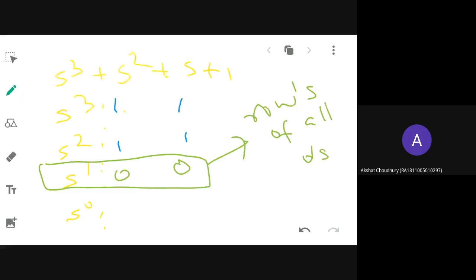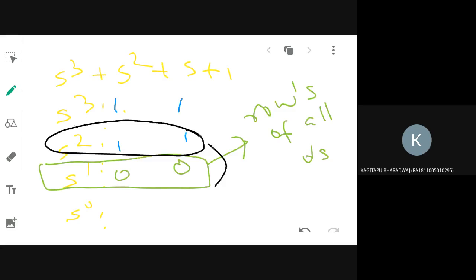Ma'am, how did you get the second zero? It was not there. In case terms are missing, you will be assuming it as 0. Okay, understood Akshay? Yes, ma'am. So this way you will be getting a row of all zeros. If it is the case, then what is the previous row that you are having? Previous row is having what order? Yes, s squared plus 1 is equal to 0. That will be called the even or auxiliary polynomial.